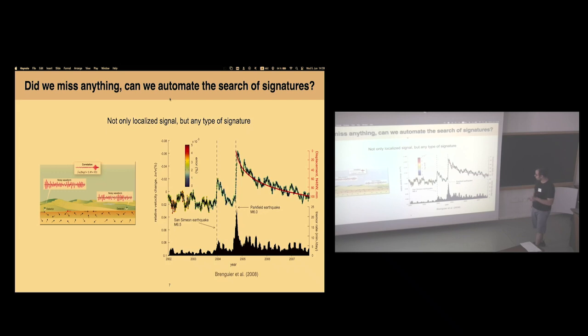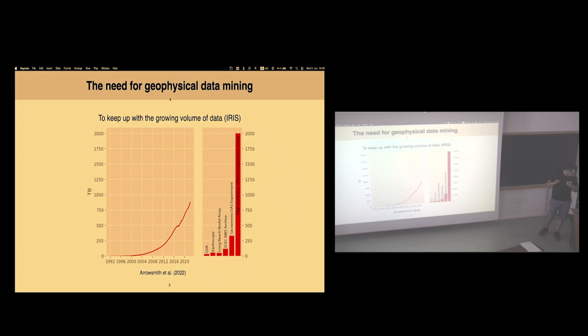And Laurent in 2008 showed that there is a change in velocity after the Parkfield earthquake. And they showed that these changes in velocity are correlated with displacement and also with the tremor rate, which is related to the post-seismic relaxation after the earthquake. And for searching for these events,